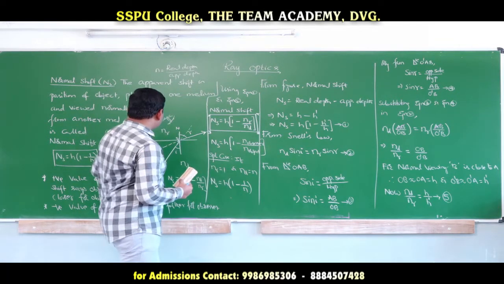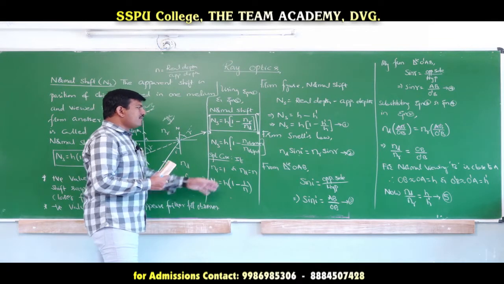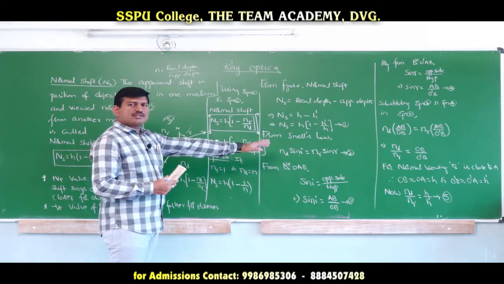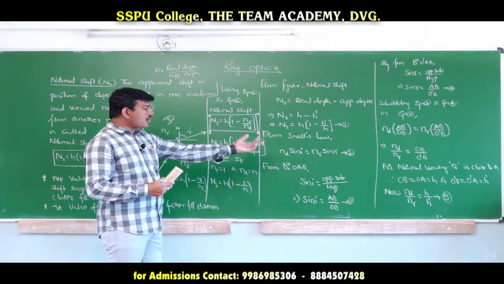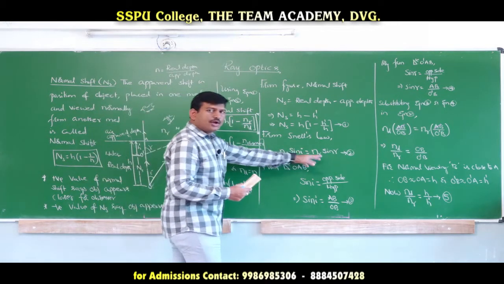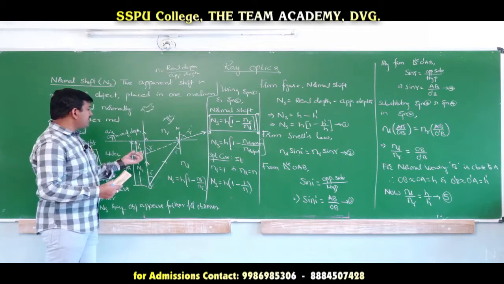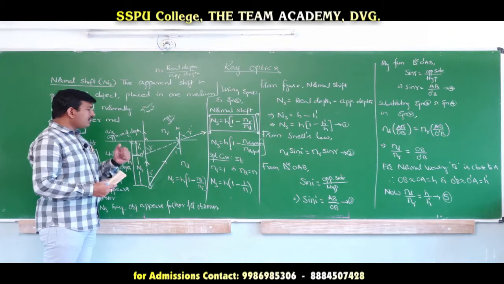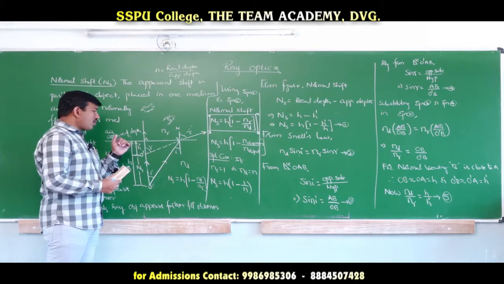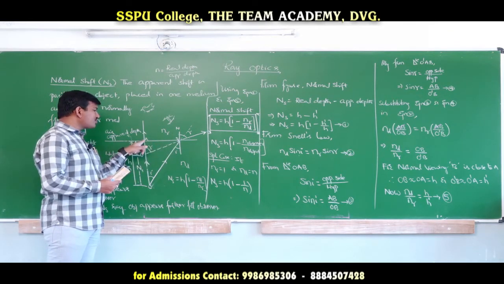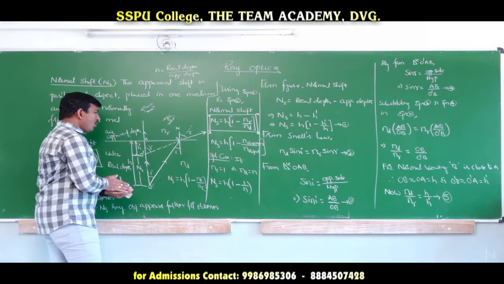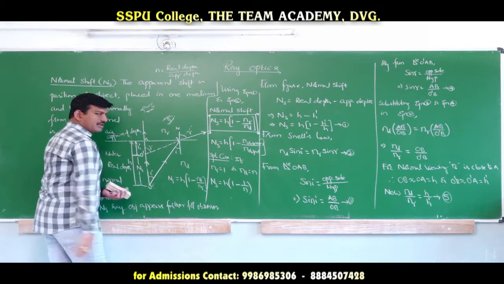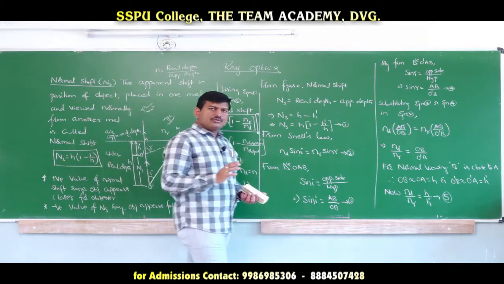The only thing while we are deriving this normal shift formula is we have to go with Snell's law. And from Snell's law, we have to find out the sin i value and sin r value. In order to get the value of sin i and sin r, we have to take the help of the geometry, that is right angle triangles that can be seen in the diagram. But one thing we must be careful is, for normal viewing, the point B is close to A. As B is close to A, OB is nothing but OA and O dash B is nothing but O dash A. Okay, this is what we need to remember.